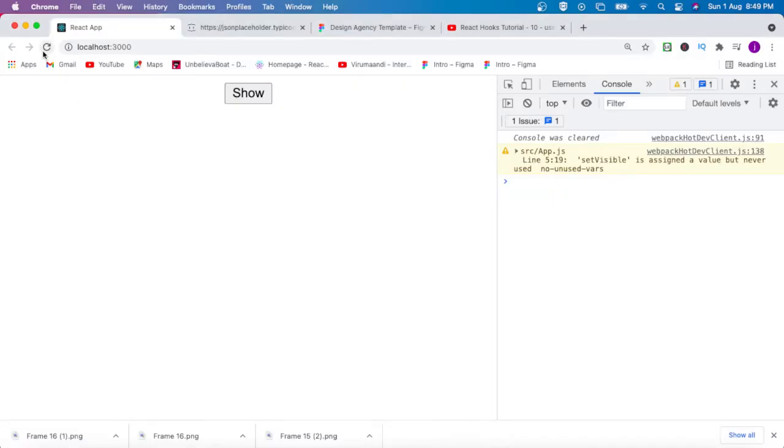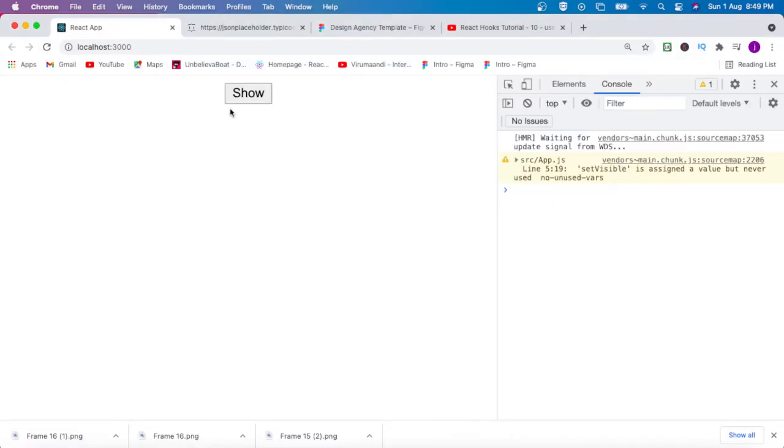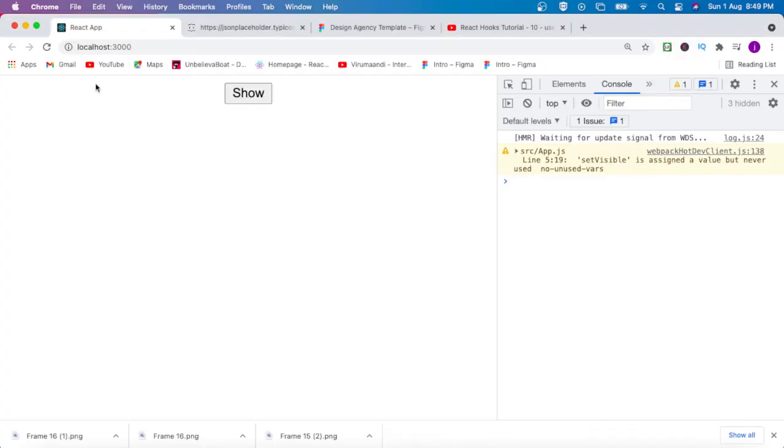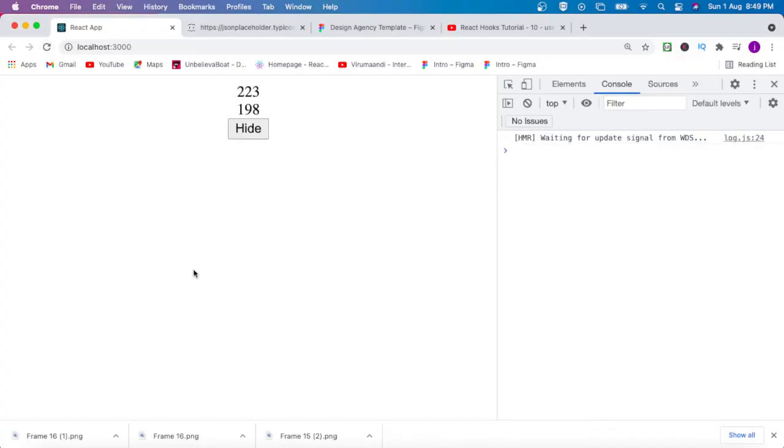Now if I refresh, I can see it here. If I try to show, oh, we didn't add the onClick function on the button. So we can add onClick, setVisible, and call it with the opposite of visible. Now if I refresh and click show, I can see the position.